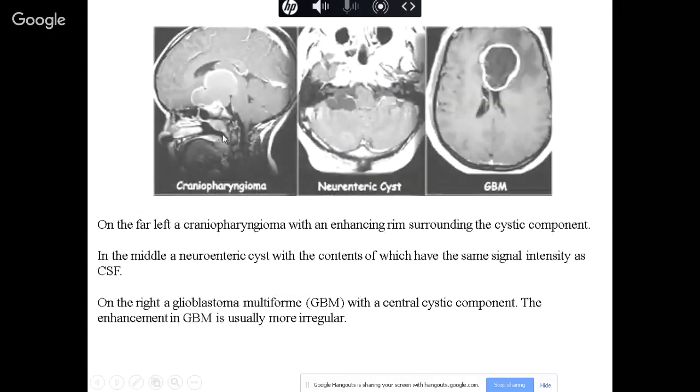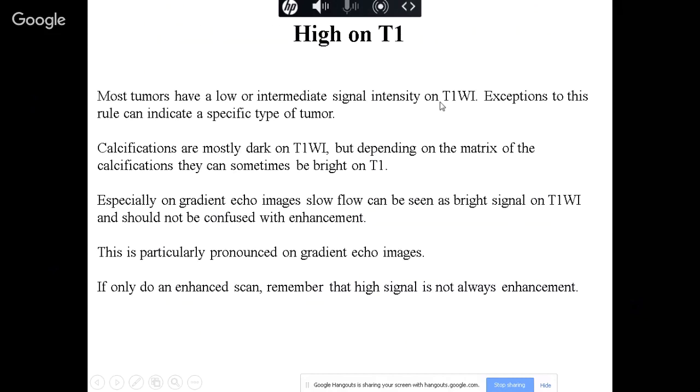So you look at this adult patient, you have a kind of cystic component there. Neuroenteric cyst, this is extra-axial. Look at the GBM, it can also be cystic. We have a couple of cases where GBM is cystic. Now, high signal on the T1. Remember, high signal on the T1 always means two things: fat or not, hemorrhage or not. Most tumors have low or intermediate signal on the T1,